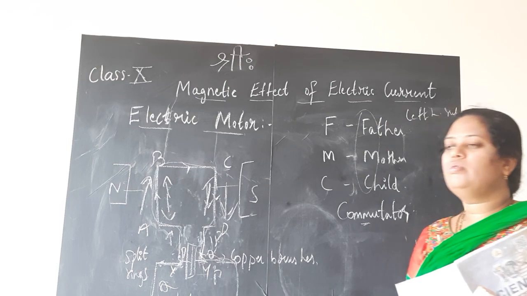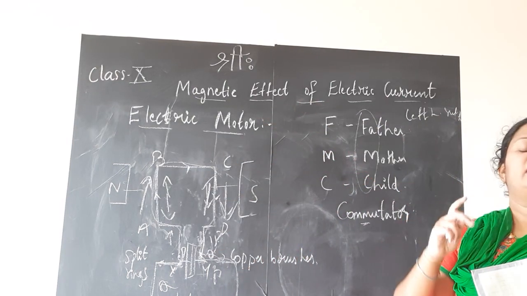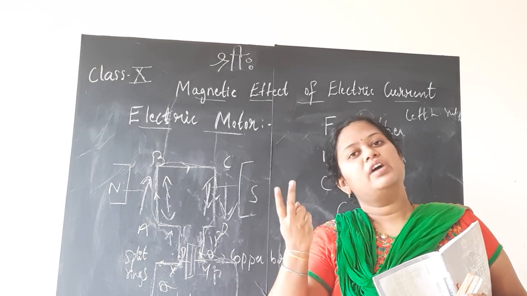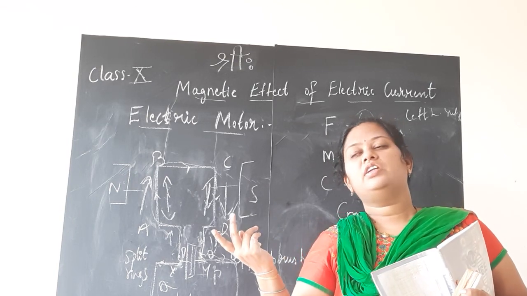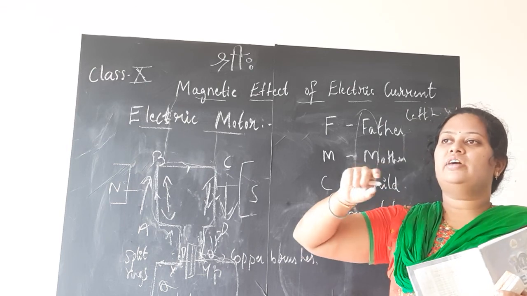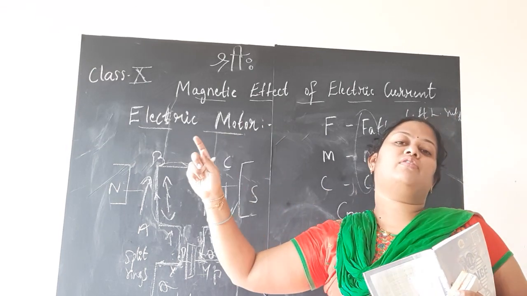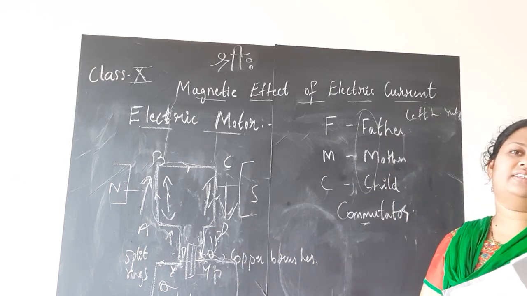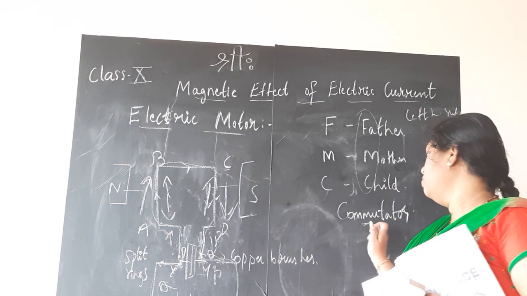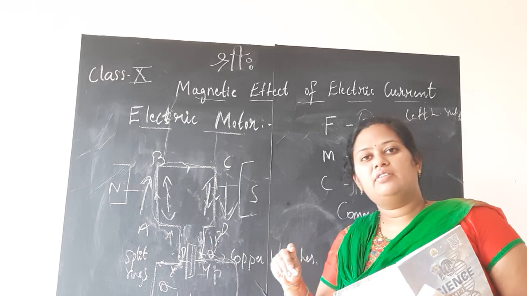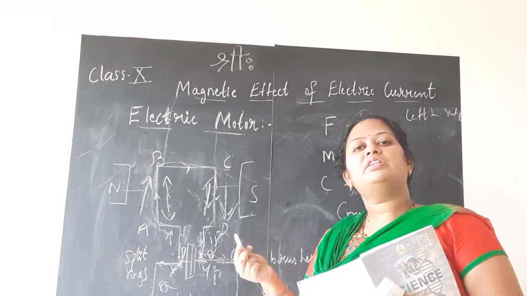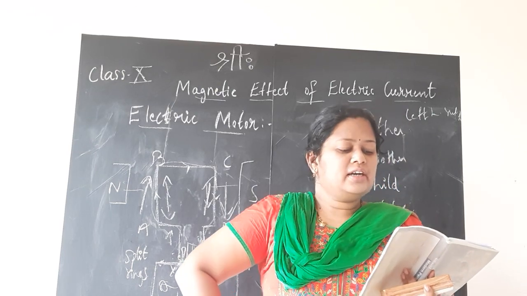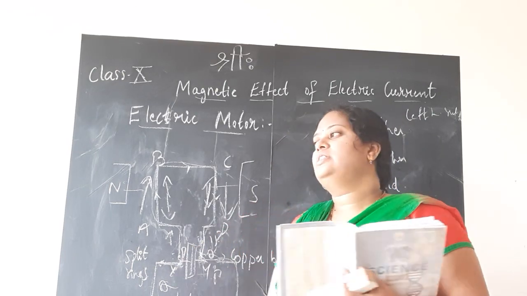They may ask you the question, what is a commutator? It is a device which is used to reverse the direction of flow of current, or it may be given in the form of an MCQ. Name the device, pick the device which helps in reversing the direction of current: ammeter, voltmeter, rheostat, commutator. Commutator is the answer. Either way the question can be answered. Commutator is a device which helps in reversing the direction of flow of current. In an electric motor, split rings act as the commutator.